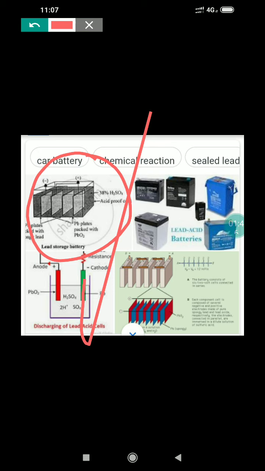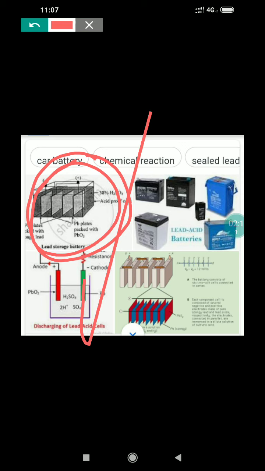The cell contains several plates of each type. Two types of plates are alternately arranged as shown in this figure. The electrodes are immersed in an electrolytic aqueous solution of 38% sulfuric acid of density 1.2 grams